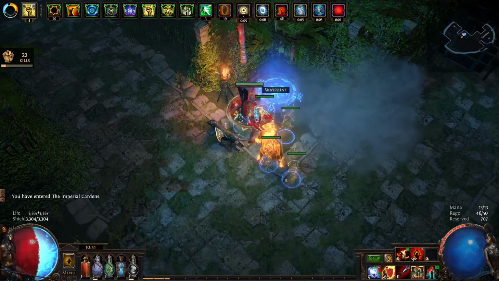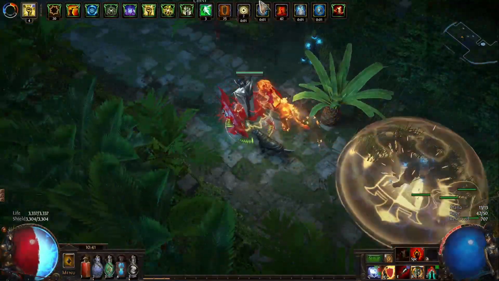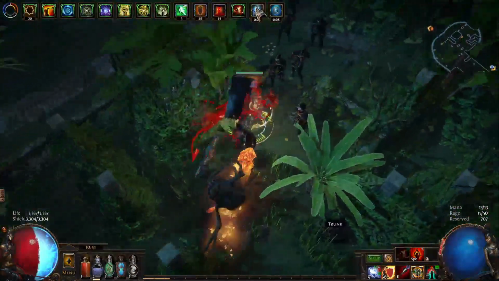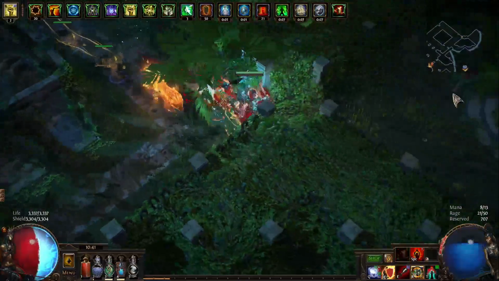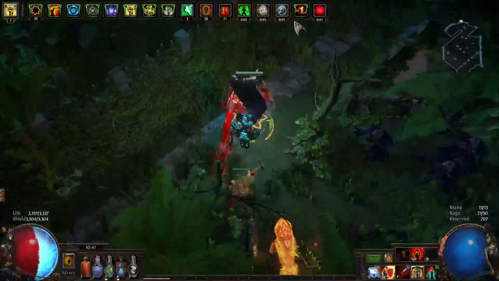Now, we're not going to go to Dominus just yet because there is a Trial of Ascendancy, and the Trial of Ascendancy is always in the top right corner. So the best thing to do is just head up. Just head straight north, up, up, up. Just keep going. Ideally, you want to try and go upstairs, yep, and then keep going north, and there is